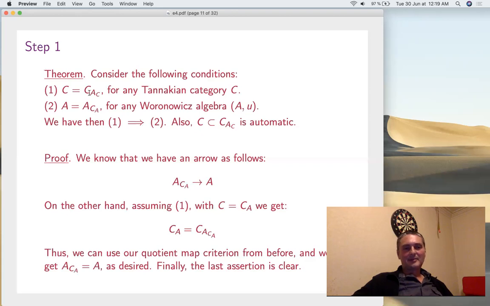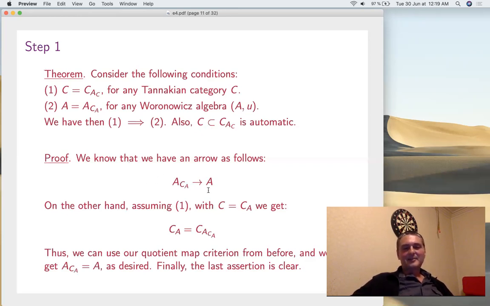And also in one of them, the first one of the inclusions is automatic. So normally you have 4 inclusions to be proved, 2 equalities for 2 compositions, so a total of 4 inclusions, and this says that only 1 inclusion remains to be proved. Very good. Why is this true?